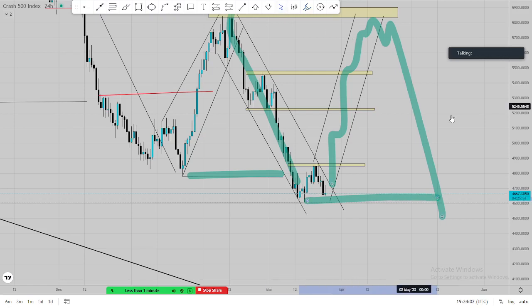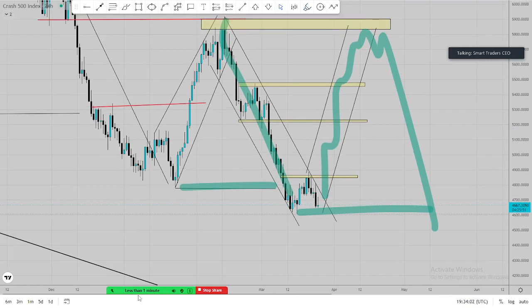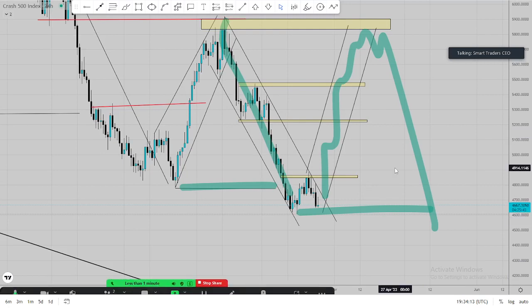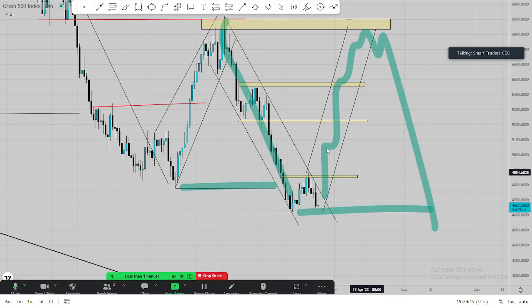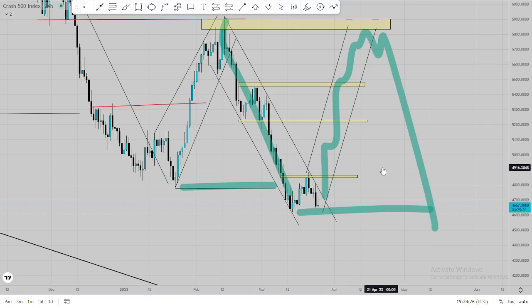So this is the whole matrix of the market. This is how the market will always move. When you're going to lower time frames, you're simply going there to look for an entry point, but using the major higher time frame analysis that you'll be having. So right now, I'm expecting beautiful buying opportunities for Crash 500 that are going to hold. We are going to hold for quite a number of days.